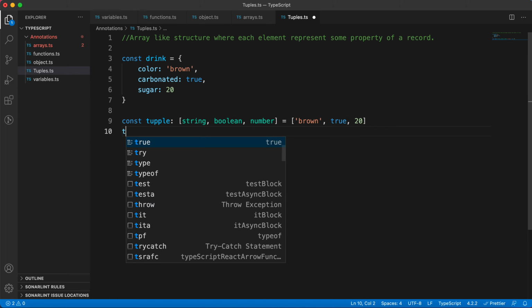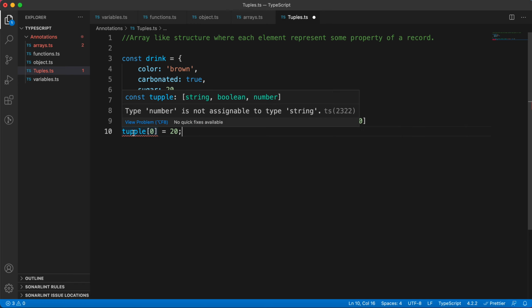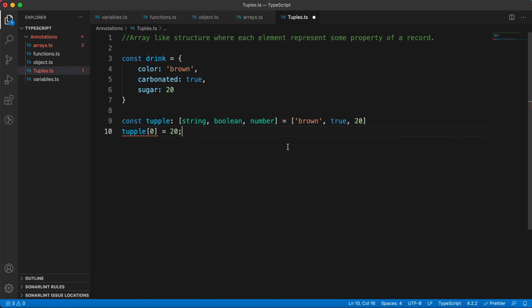Now if I want to change the sequence, and at the zeroth position I want to put the sugar quantity, I can't do that. TypeScript clearly gives me an error that type number is not assignable to type string. So what we did here is define the sequence.